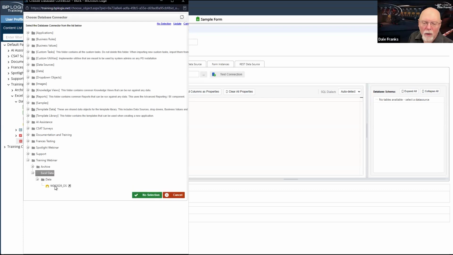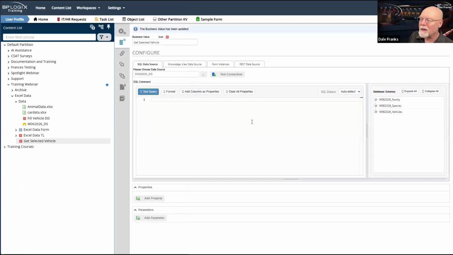And once again, we're pulling out that data source. And now we're going to select the other items here. So we're going to select, what are we going to select? We are going to select make, model, and model year. Now, I don't like the way that it throws in the columns here.